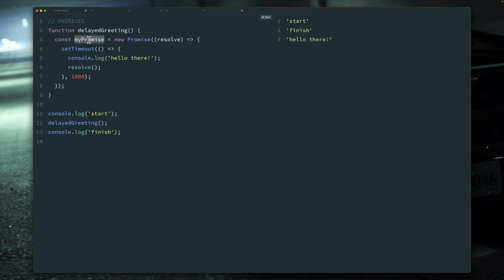Now, this promise needs to go out of this delayed greeting, so we will return it, right? Since this function is now returning the myPromise object, we have a couple of methods available that we can use. In this case, we will use something called then, and this method takes in a function